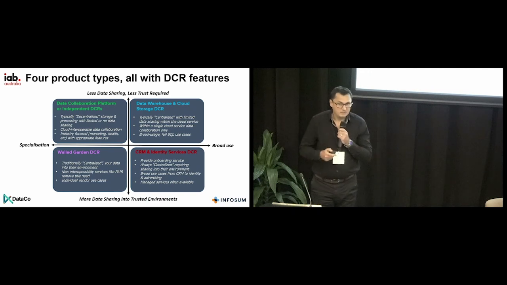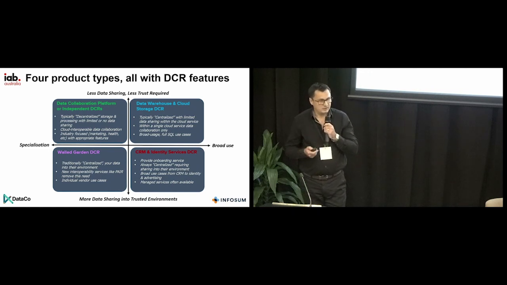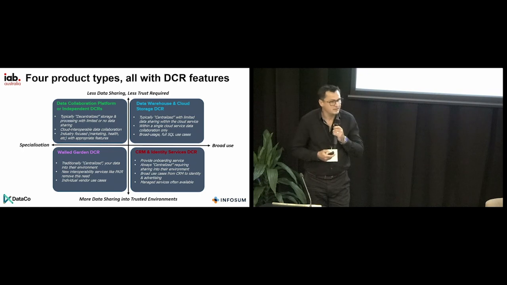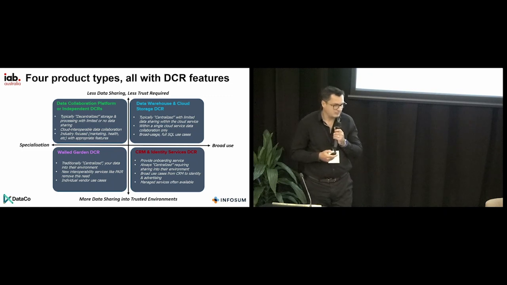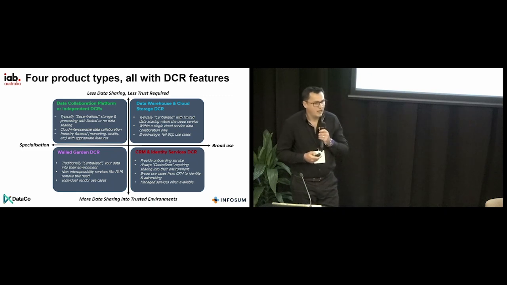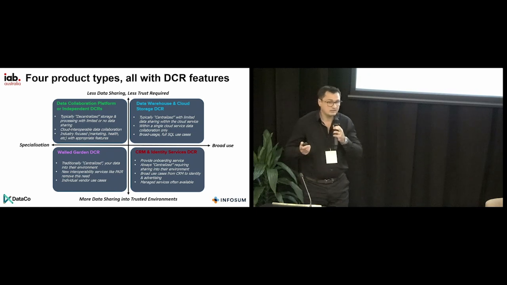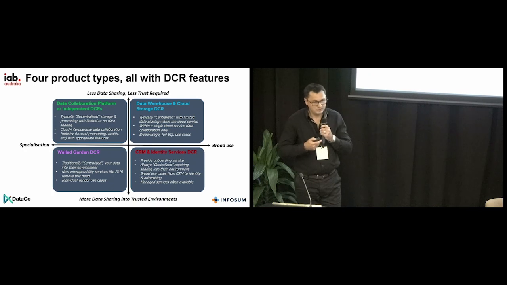Finally, you have data collaboration platforms, what used to be, as of a few months ago, known as independent data clean rooms, and before that, decentralized data clean rooms. This naming convention is probably going to settle on data collaboration platform, is my guess. The idea is that these are typically decentralized. What that means is your data doesn't leave your own ecosystem. It stays within it, and they do what's called decentralized edge processing, where they process all the data where it's stored. There's no need to data share.